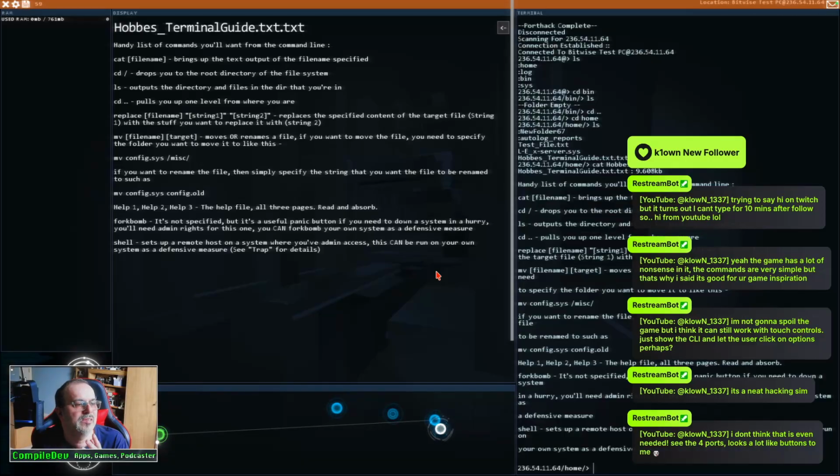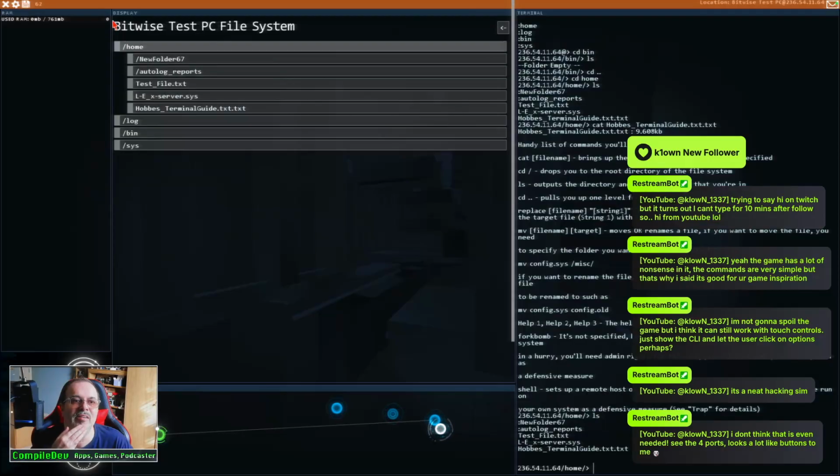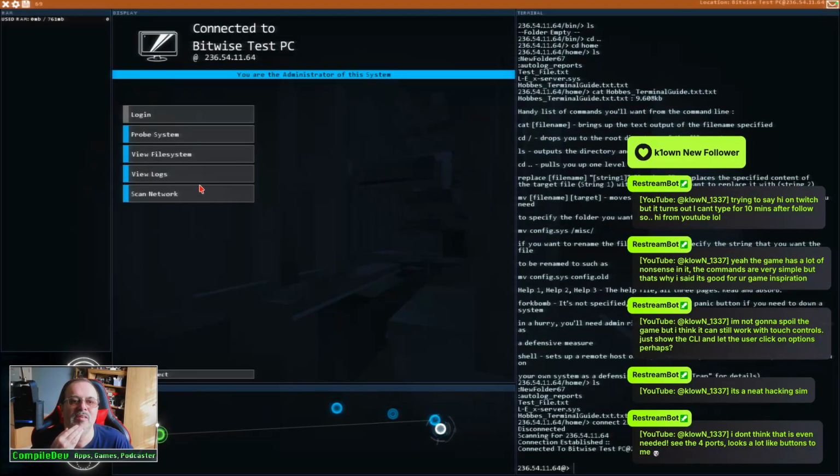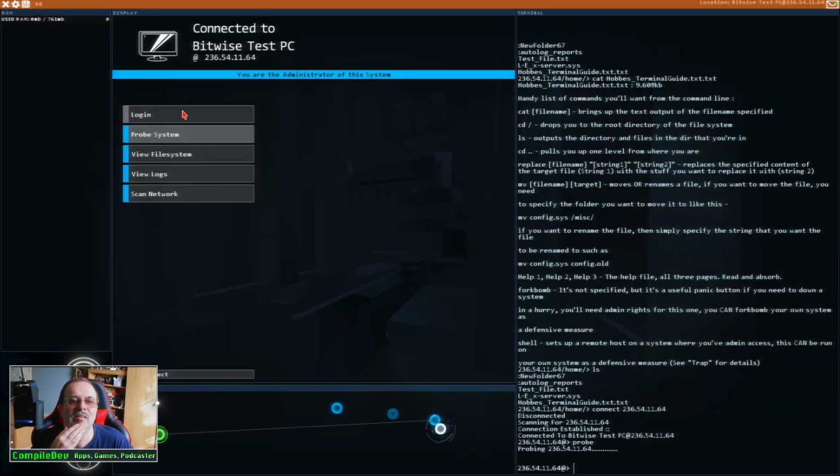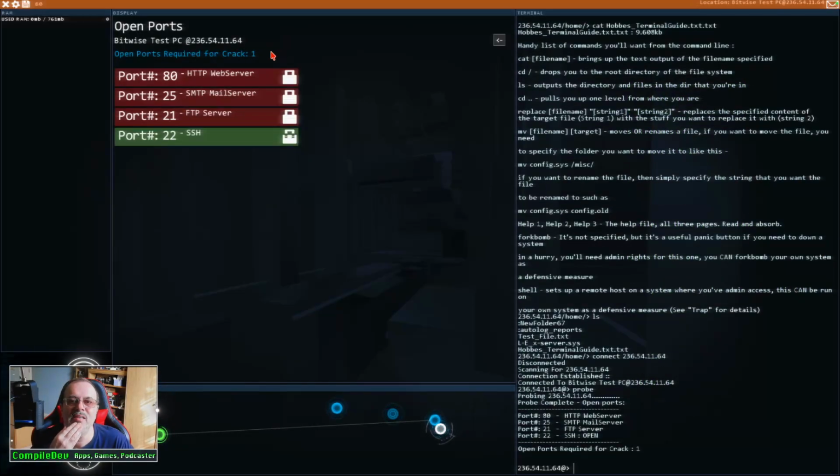I don't think that is even needed. See the 4 ports, looks like a lot of buttons to me. Yeah, no, right. See, that was my thing, like, why can't I click on these, right? And I've got one open port, so